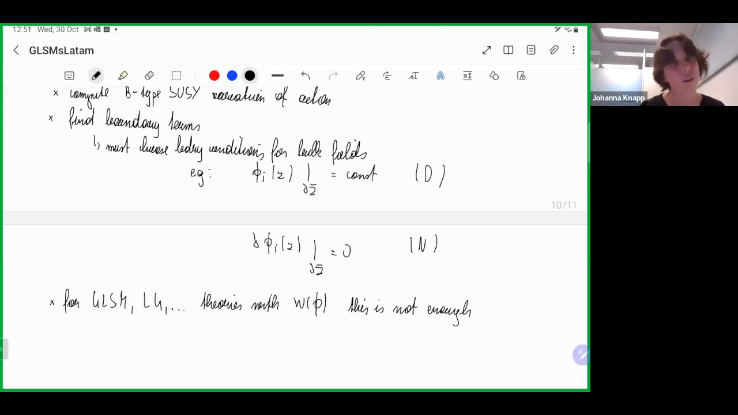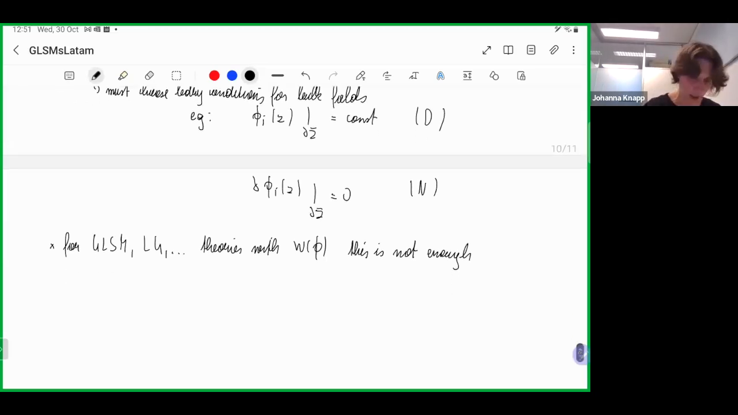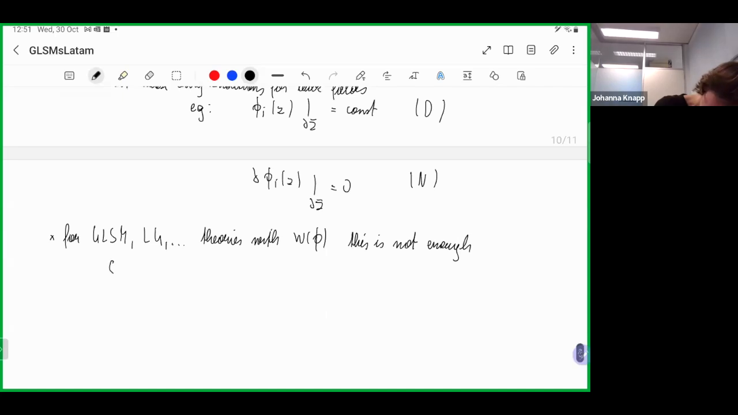Because you will not be able to cancel all boundary terms. And the reason for that is if you take the variation with respect to this B-type SUSY, which I haven't specified, but you can, for instance, find worked out in this mirror symmetry textbook, but I'm not doing any SUSY variations, of your GLSM action, you will find that there is a term